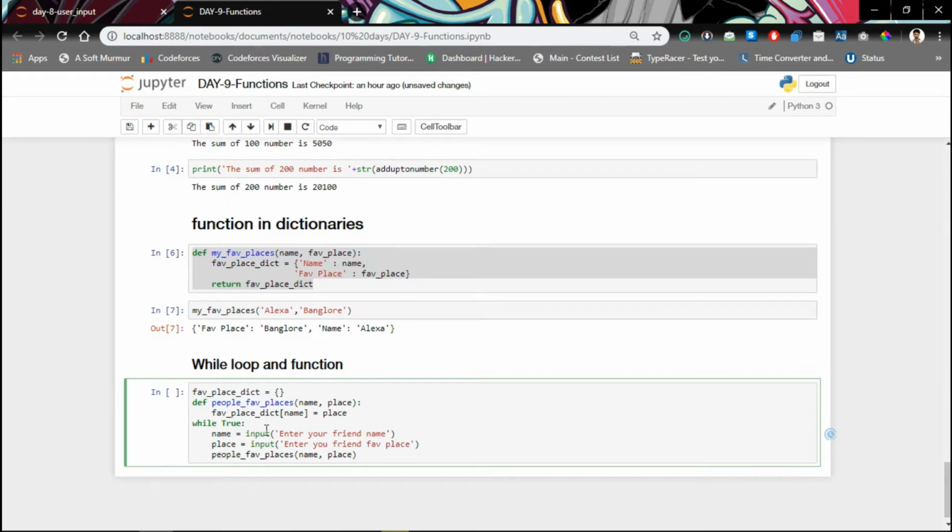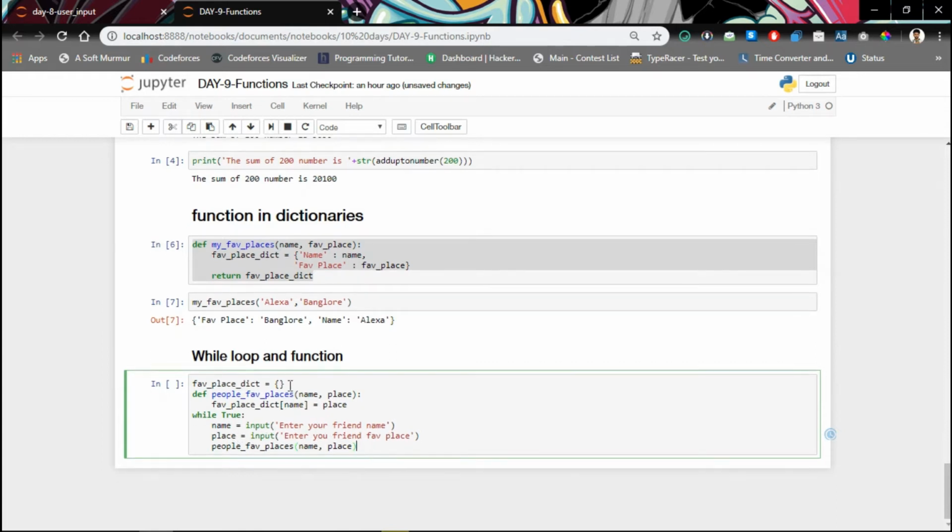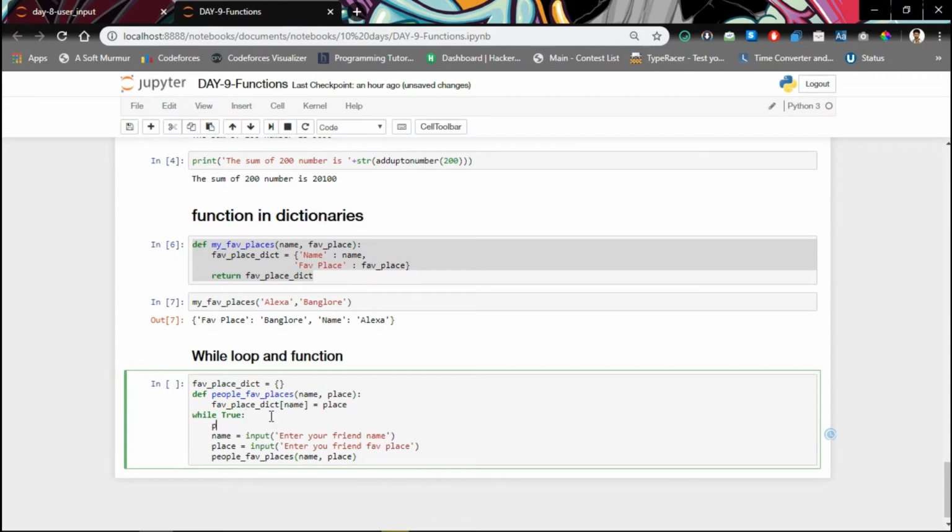It will not take any extra space. If you add names and place also, it will work the same. I want name only, and then it will add into a dictionary, and we will keep adding till user says no. So we will ask the user, let's say, user input,